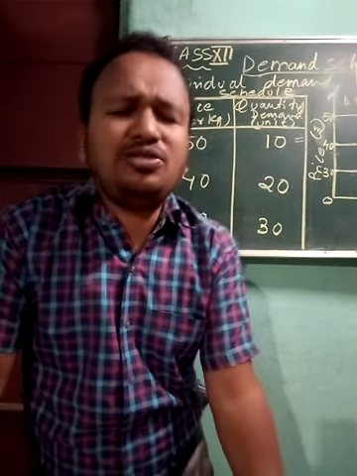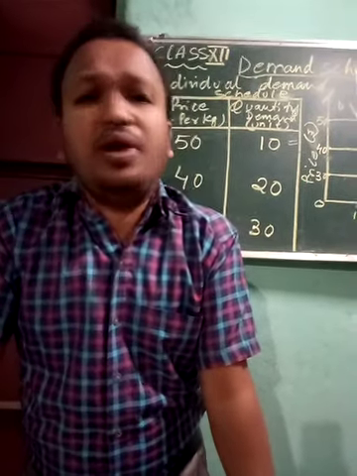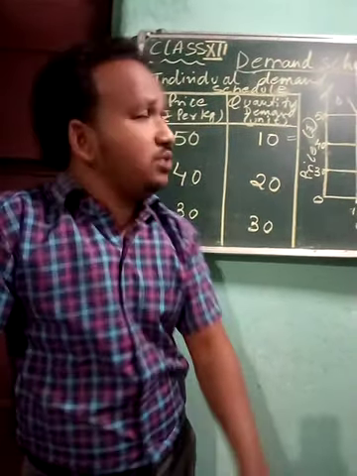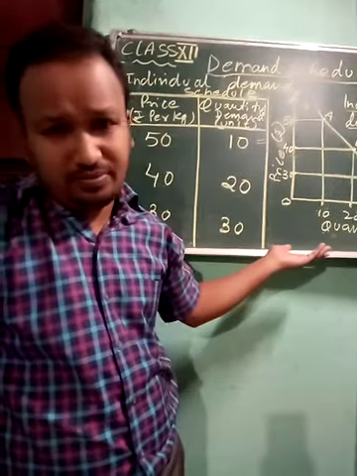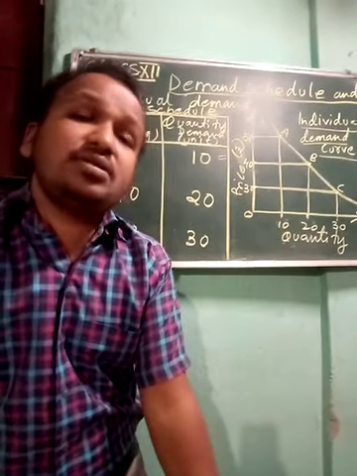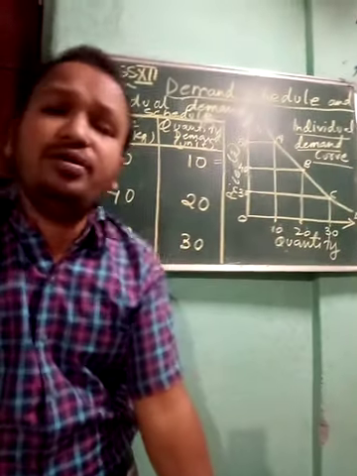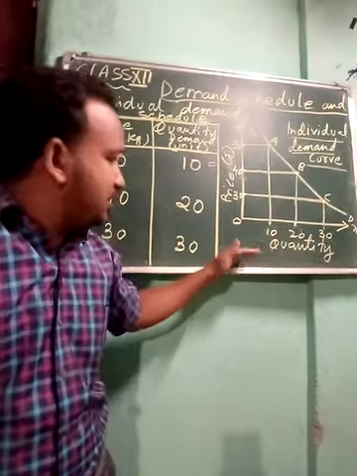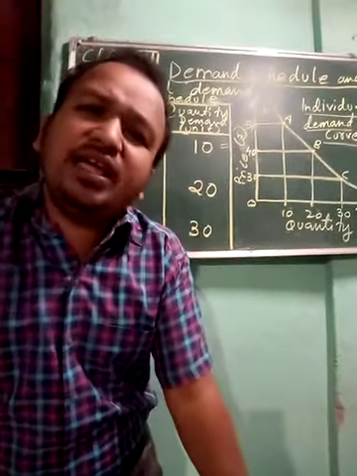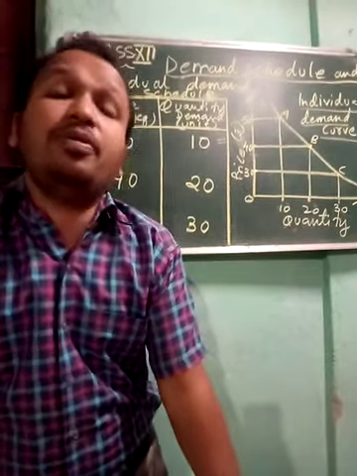In class 12 we are going to have lots of diagrams. In every topic we are going to have a diagram, so we have theory as well as diagram presentation. As we are learning about demand, this is the basic thing which we need to know before we go to the main chapters of the class 12 syllabus. It is very easy. You have to understand and make it in your copy by yourself. The amount and the price I have taken, you can take differently as you wish. You can take 3 prices or 4 prices, but don't take fewer than 3 while you prepare the individual demand schedule and individual demand curve.